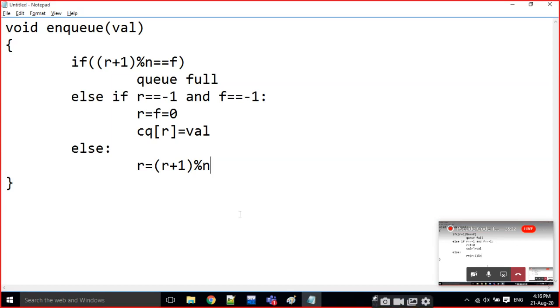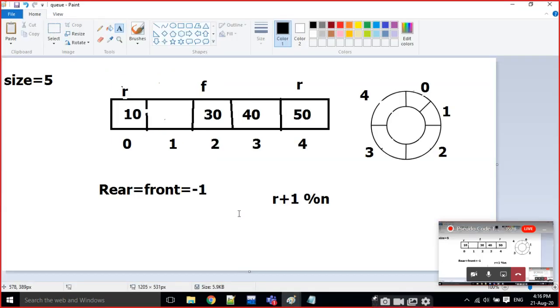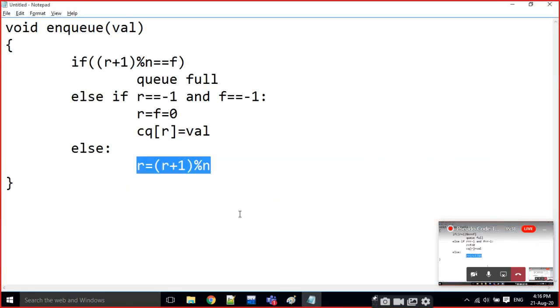This condition is working for the circular queue. If it is at the last position, it goes back to the first position because of this single statement. Now I add CQ of r is equal to value. This is the algorithm for enqueue for the circular queue.